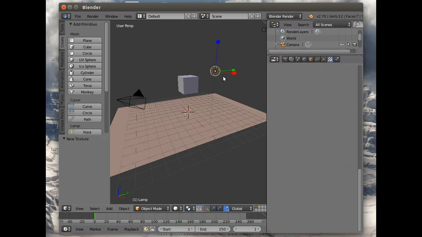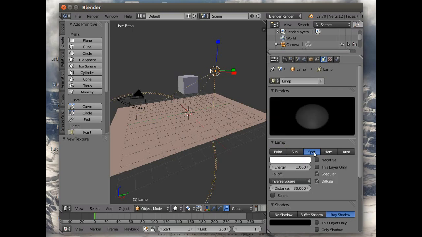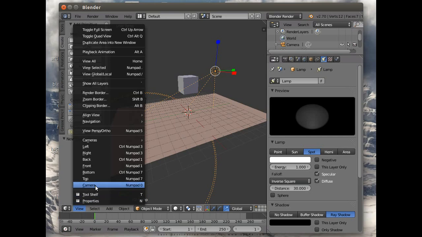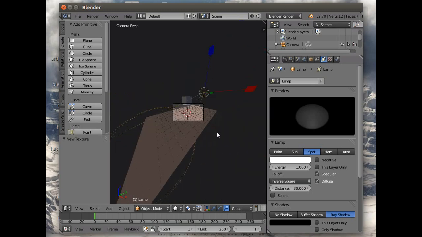As I've mentioned before, I prefer not to use the light that's there, which starts off as a point light. I find them not very useful. I prefer to use spotlights, especially for indoors. So we're going to make it a spot, and the spotlight lets you control which direction the light is actually coming from. So if we go around to our camera view, that's a reasonable direction, but I want to move the spotlight up